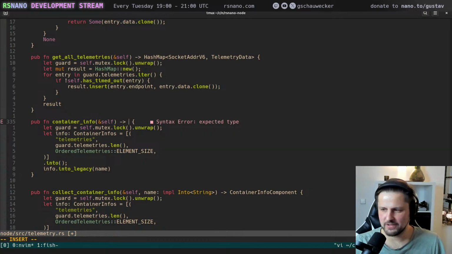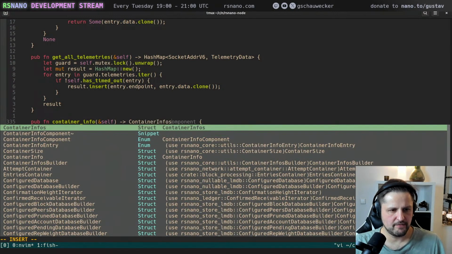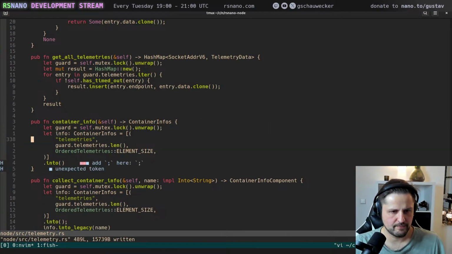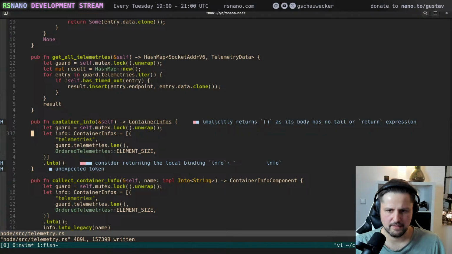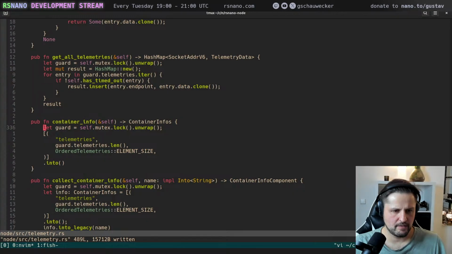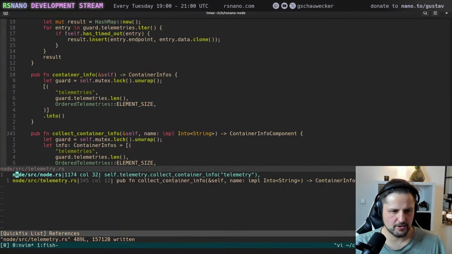But I don't know how you would do that. Container infos. Usage.